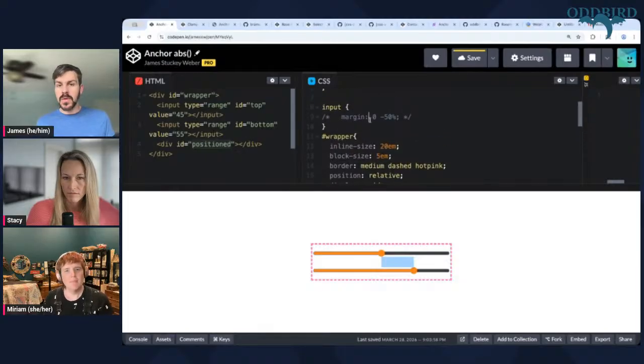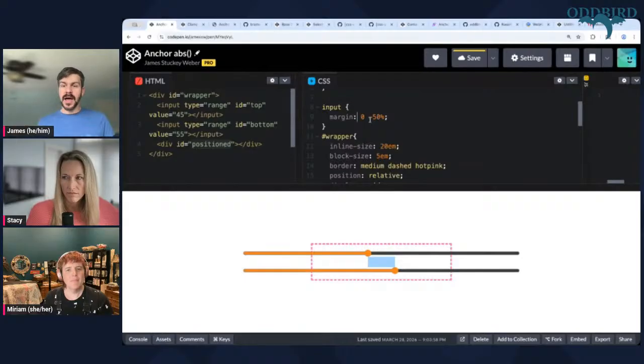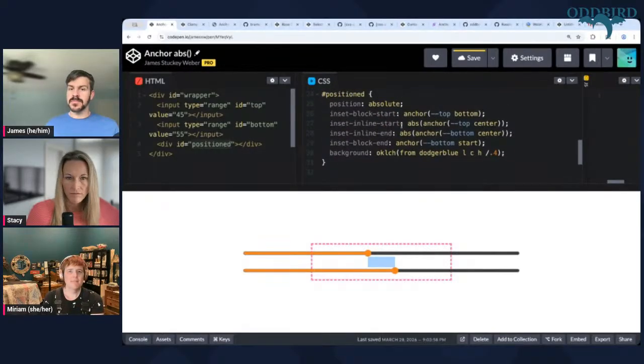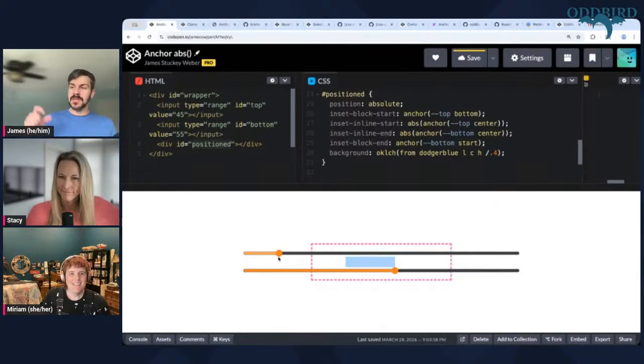But if we are expanding the inputs outside of the containing block, so we have a negative margin on the inline edge, I have the inline start and end set up to be the absolute value of that length. So that means when you come outside of this, the box goes back into it by that length, because we're taking the absolute value of that length. Is this useful at all? No, but I think it's helpful to see this is a length,